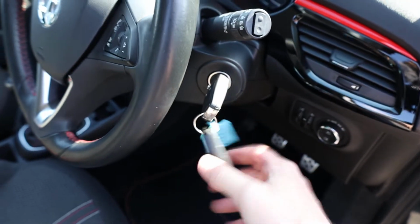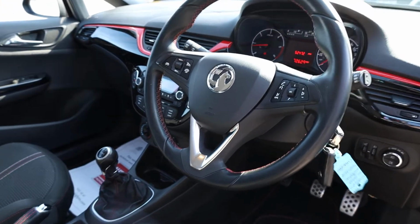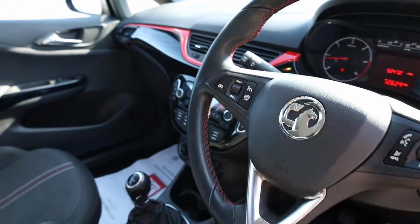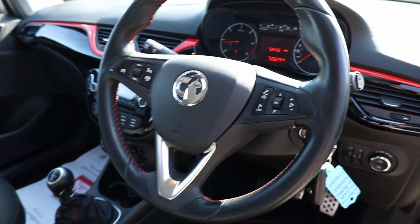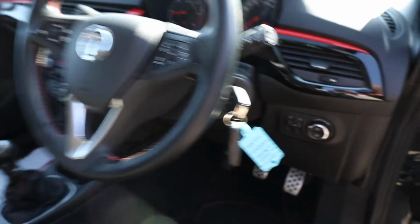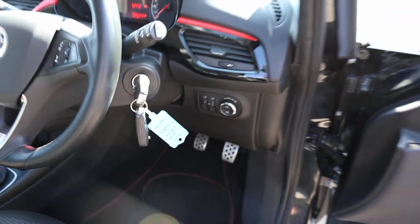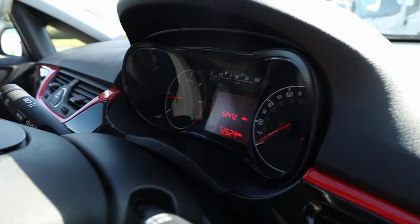2 full remote keys with the vehicle. Lovely multi-functioning steering wheel, leather trimmed. On the left hand side you've got your cruise control settings, and then on the right hand side you've got radio controls, and you can also answer and hang up the phone. Down here on the right you've got auto activated lights just there, which is a really nice bit of spec to have. If we look at the mileage,